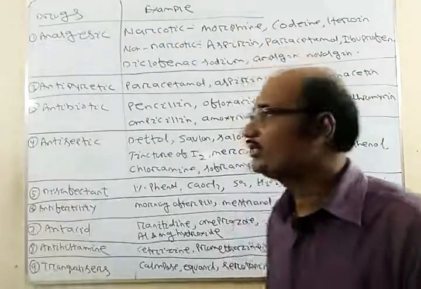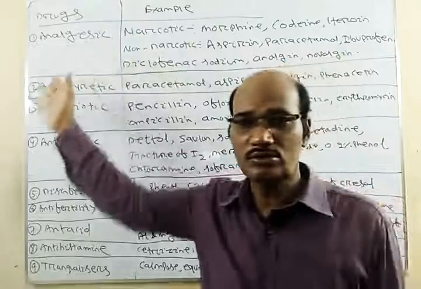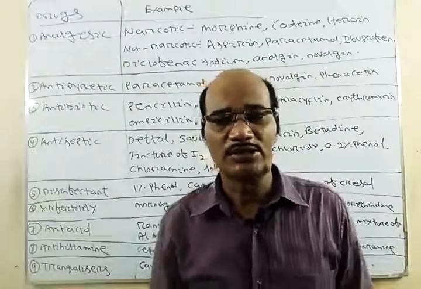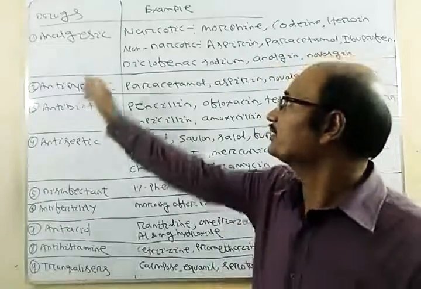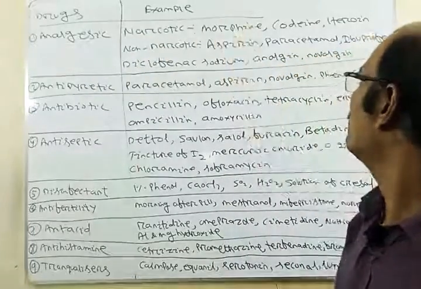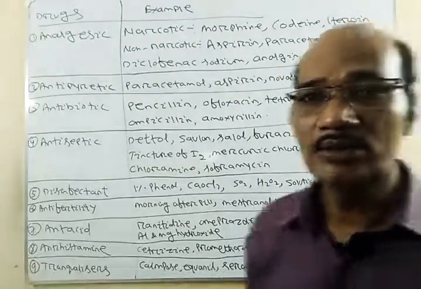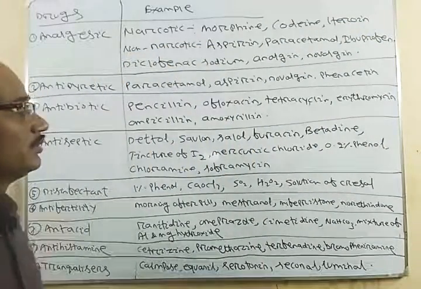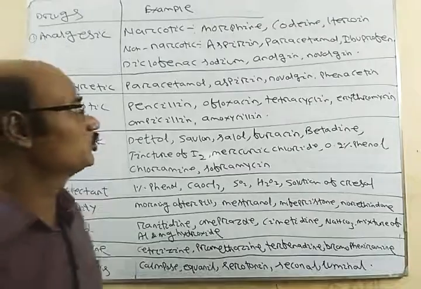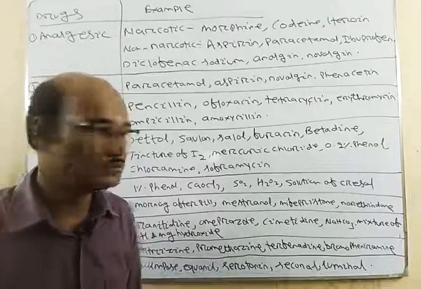You can see here analgesic drugs. Already we have discussed, these are the drugs which are used to reduce pain. We have narcotics like morphine, codeine, heroin, and non-narcotics like aspirin, paracetamol, ibuprofen, diclofenac sodium, analgin, novalgin. Similarly,